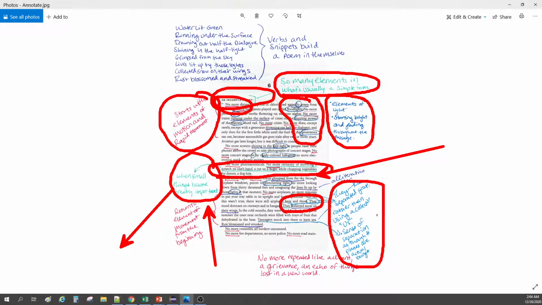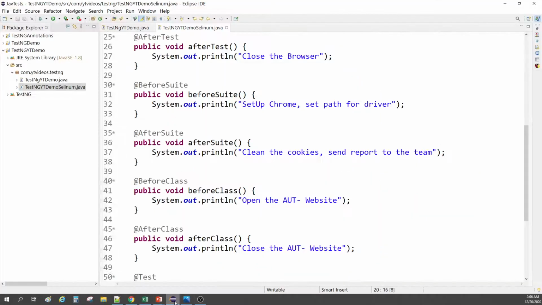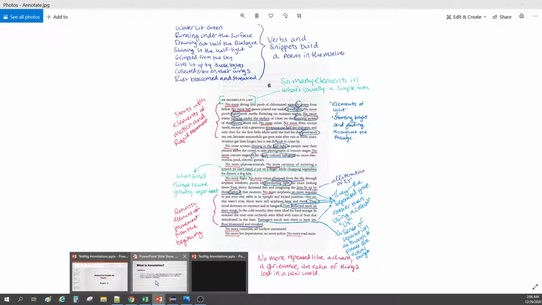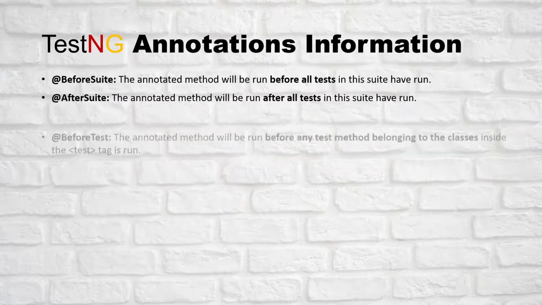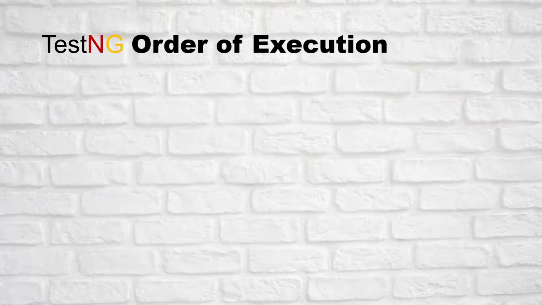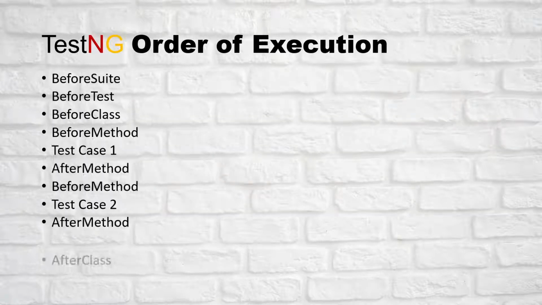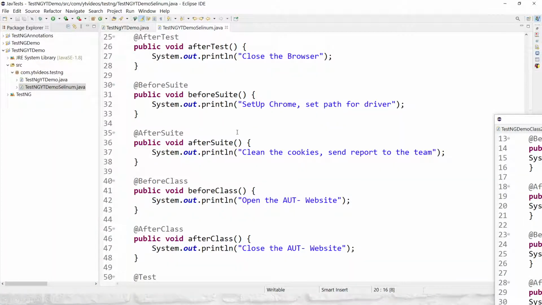This is annotation. This is method. This is annotation, and this is method. All right, that is what I have for you today, and I will meet you in the next slide, where we are going to perform the same actions that we saw here